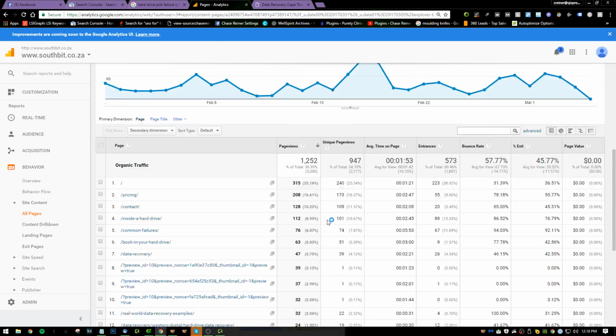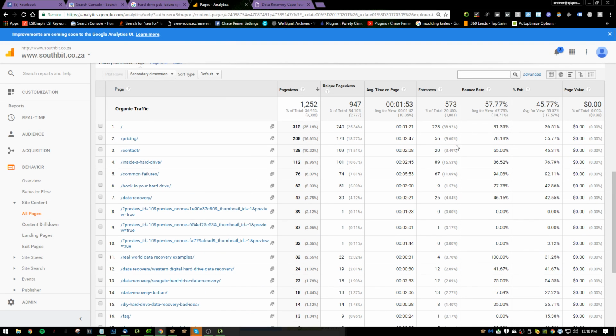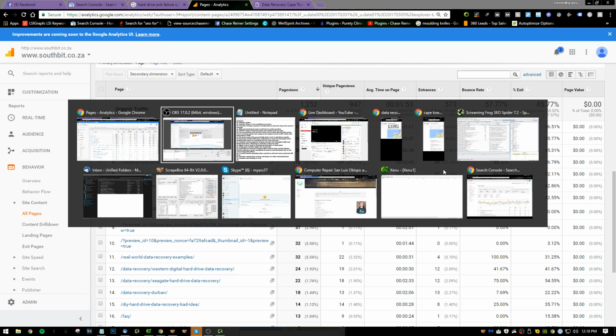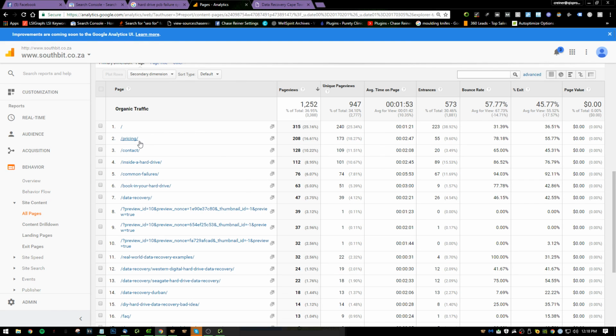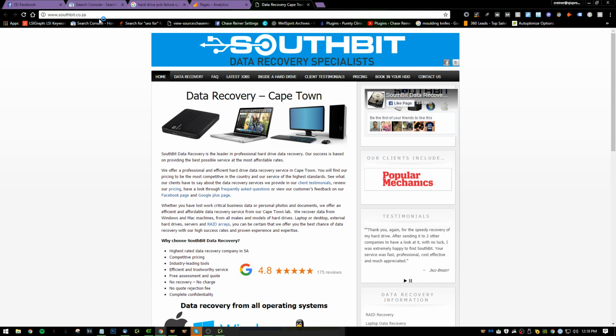And this is all the organic traffic. So 315 to the home page with a 31% bounce rate, which is great. 78% bounce rate on the pricing page. So we really want to figure out what we can do to lower the bounce rate on the pricing page, because we obviously are getting traffic for that page, but for some reason people don't want to convert. So if we go and actually see the pricing,